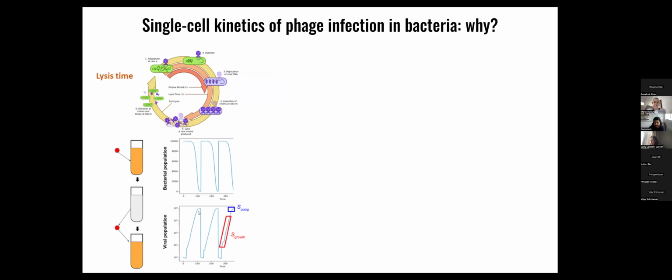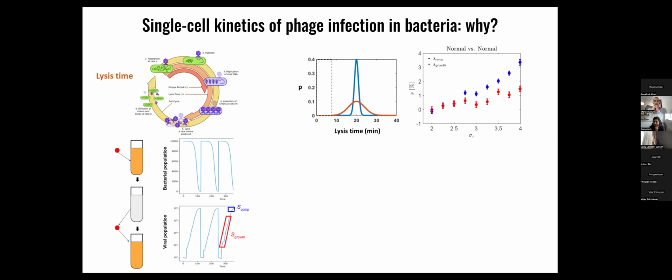These are simulated traces of bacterial population collapse and phage growth. From this data, we can quantify two properties of the phage population. One is the rate of growth of an individual phage population, and if we mix two phages together with different properties, then we can quantify the competitive advantage of one phage over the other, by quantifying their relative abundance at the end of each cycle.